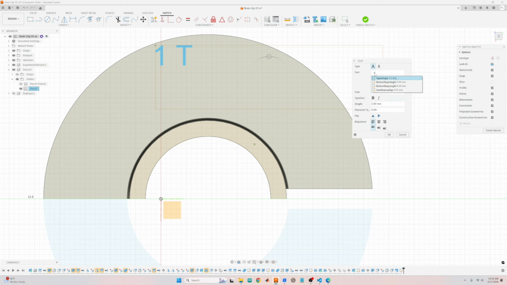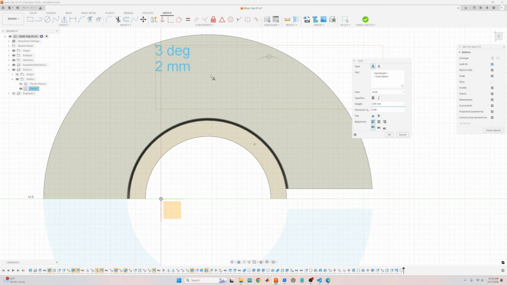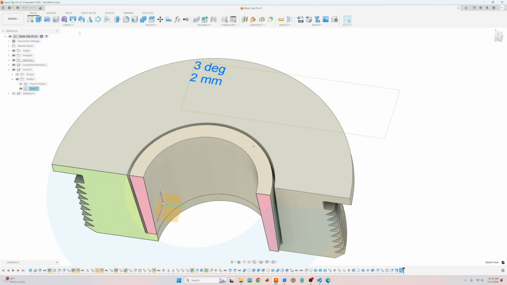So I was adjusting the taper angle, which was 3 degrees, and then you have to click a little plus here, and then I could actually, in these brackets, type actual text, but I'm going to just enter because I want to do it on a new line, and then click the inner space because these are the 2 parameters that I'm really concerned with when I export these. So I'm going to make them pretty small, put them up here, out of the way, towards the top, and then you can